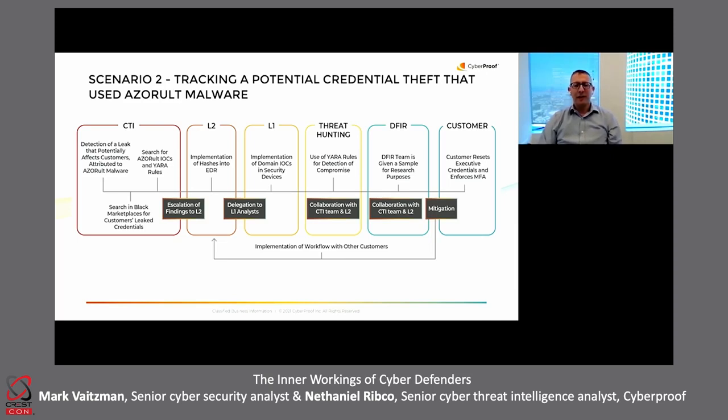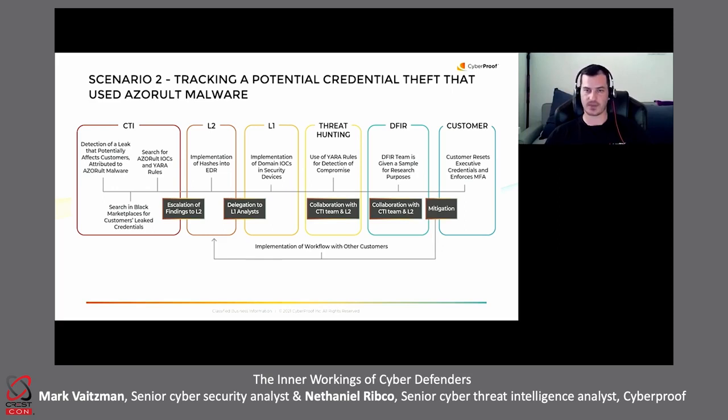Mark, maybe just briefly, can you give some insight into this type of approach, compared with just L1 and L2 teams working together? Yeah, generally I would divide it into two steps. Usually the first step is the initial response, which is done by L1 and L2, identifying that this is a real threat, a real attack, and making the first response measure, which in the worst case is quarantining a server or an endpoint if an indicator of compromise was found,